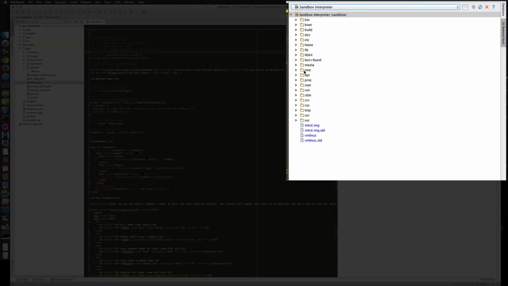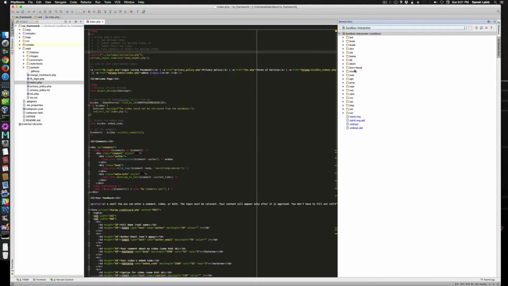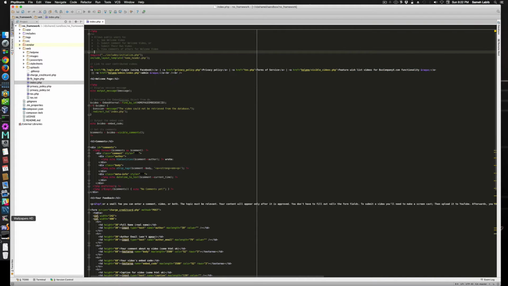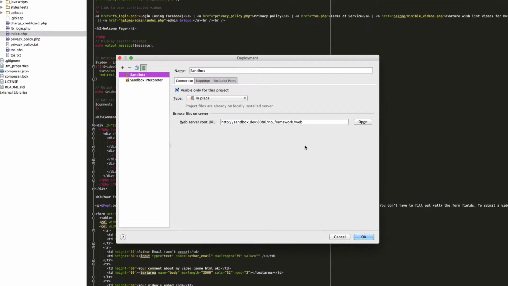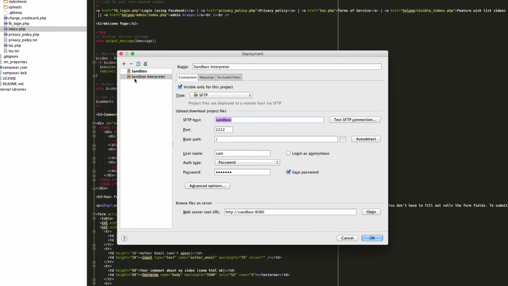And when I say the server, I'm talking about the virtual host. So the reason I'm able to browse them is because I created this, this connection configuration, this deployment configuration. Now, besides allowing me to browse the remote server's file system, this deployment configuration is also going to enable PhpStorm to run, I think it's,